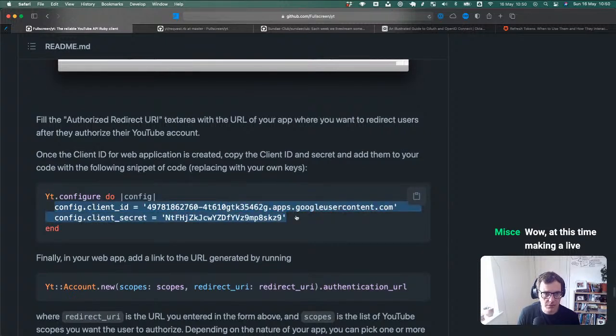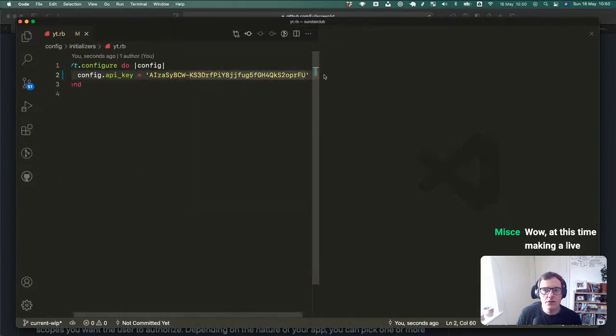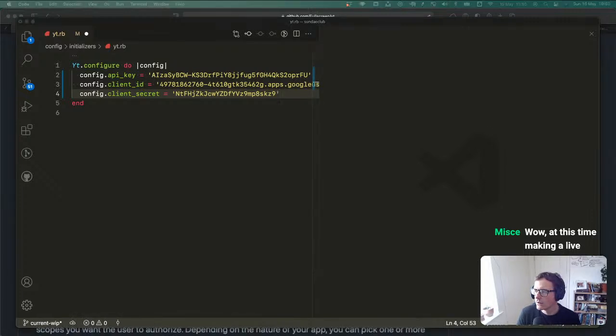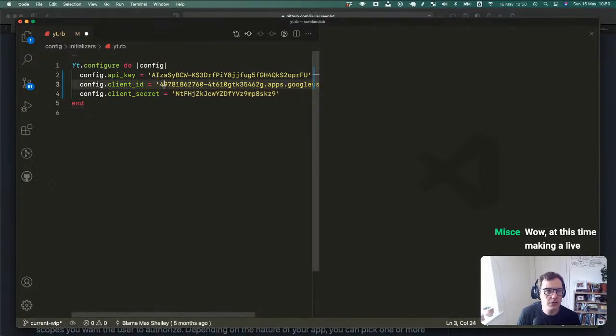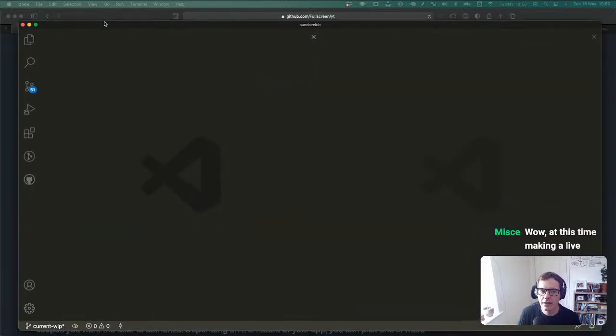Let's just jump over to the app. So again, we're relying on the gem doing all of the heavy lifting for us here. So YT. I don't know if that API key is still in use. So that's this. Let's copy this. And if I take this off screen as well, I can actually copy these over and just close this and then know that it's done. So I don't need to put them on the screen. Super sneaky. So that's one. That's the other. Okay, so I can close that. I can close that file. Right there, now I'm done.